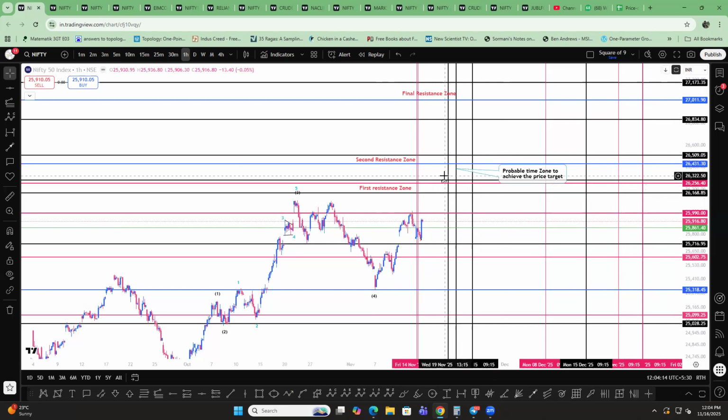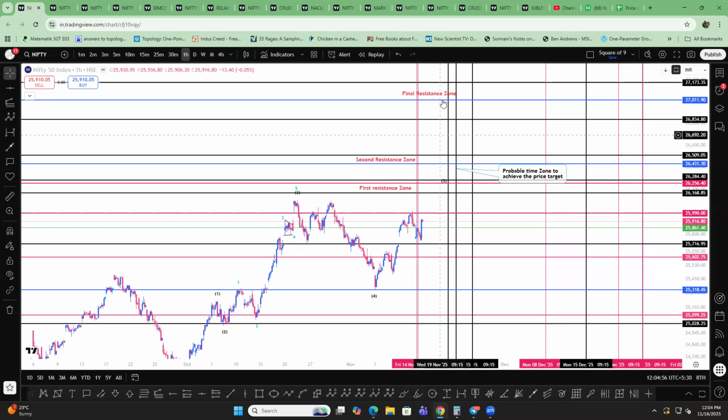If price breaks this out in fast nature, then the second resistance area is 26,431 to 26,509. This is another important resistance. And finally, if this also holds, if price breaks these with fast nature, then the final resistance zone, I have marked it as 27,173 to 27,011. So keep in mind these levels and please be very, very aggressive in trailing your stop losses,